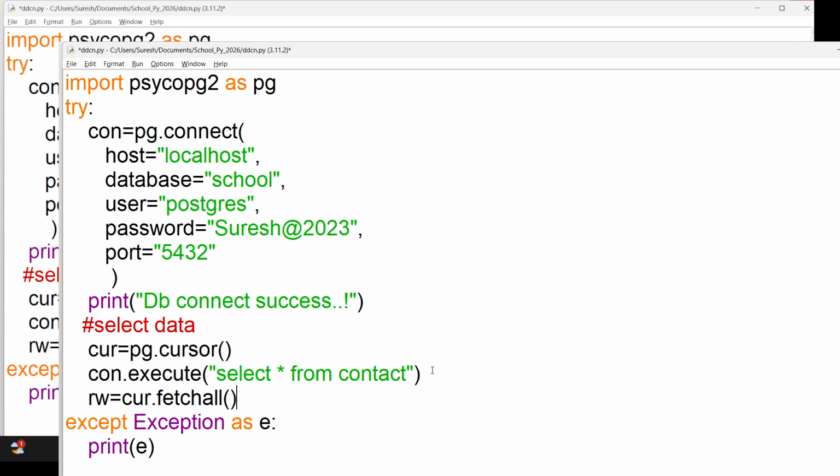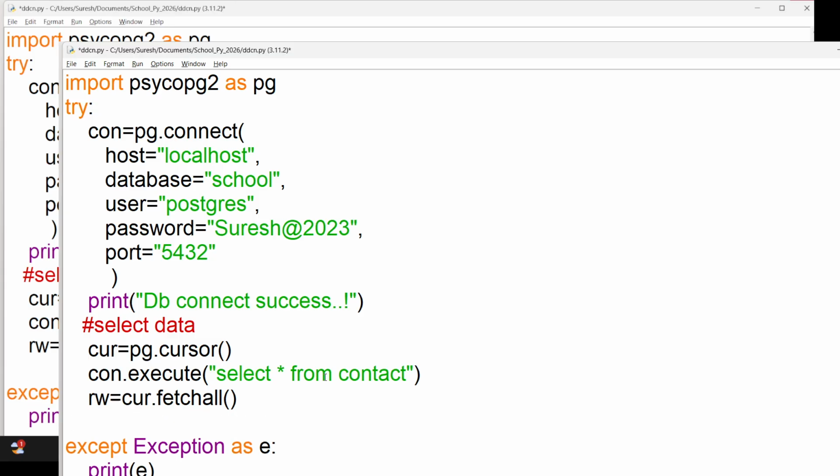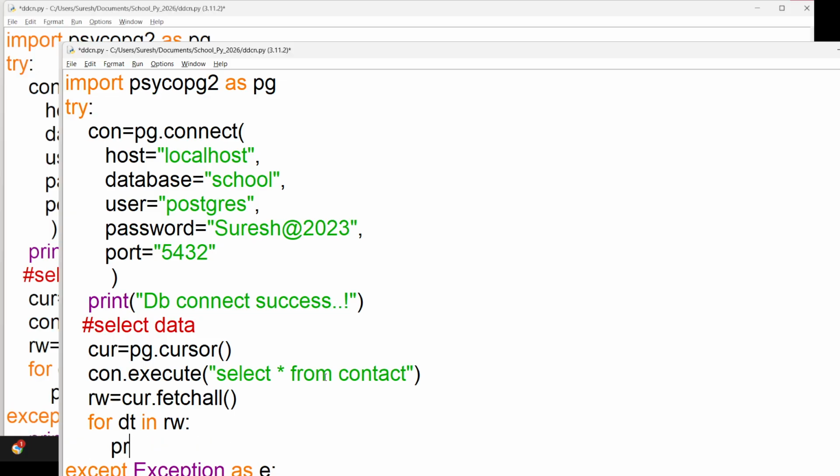This means after the execution of this query, it can fetch all the records from the database. But we need to print it also. We don't know how many records there are, so write for row in rows, and I can print the row.